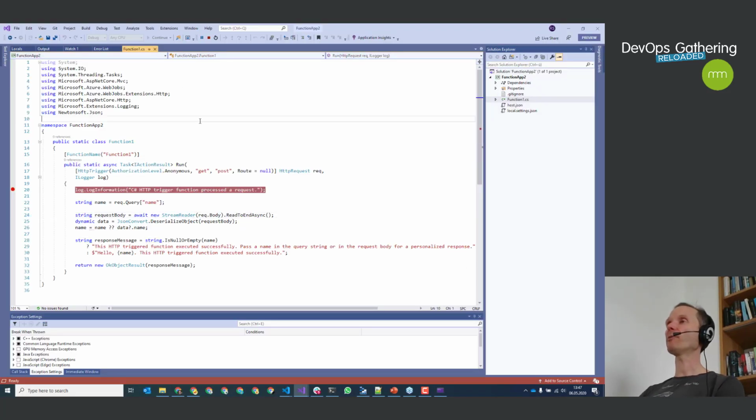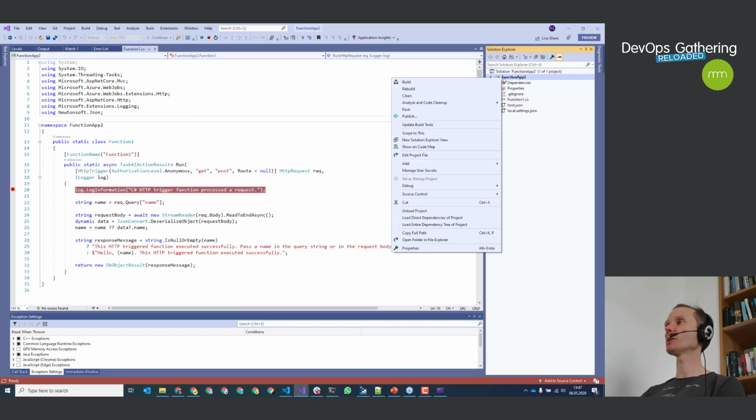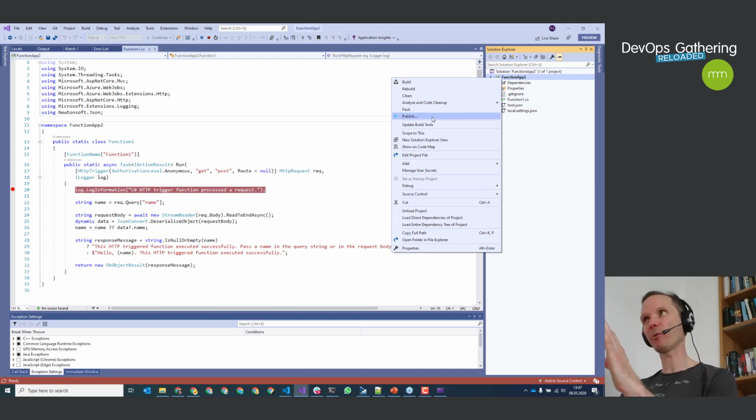All I had to do if I would like to deploy that to the cloud is either, if it's just a Hello World solution, publish it from Visual Studio. This is of course not a professional way. Friends don't let friends deploy from Visual Studio. That's not the way we do it, but for demos it's fine.